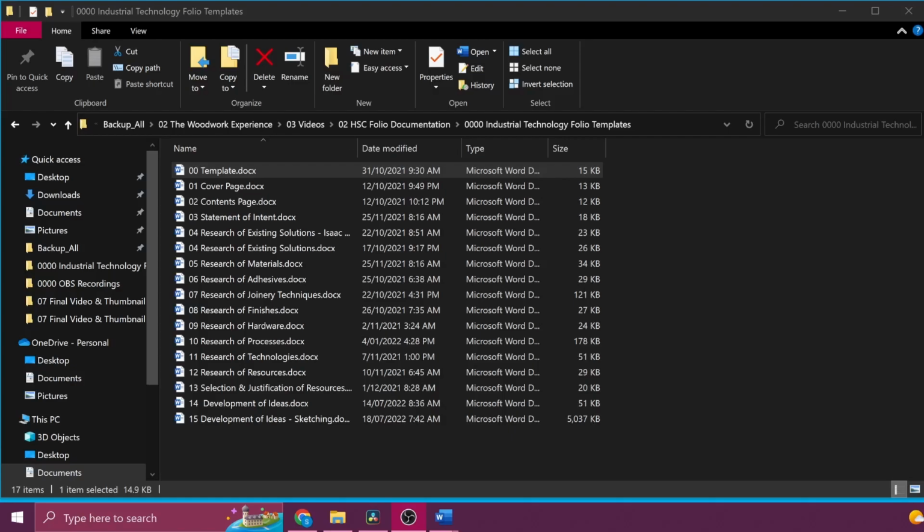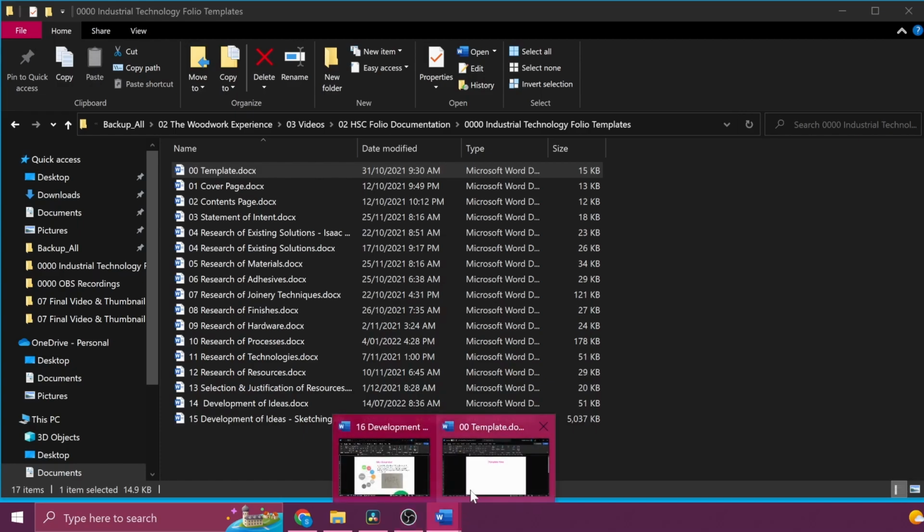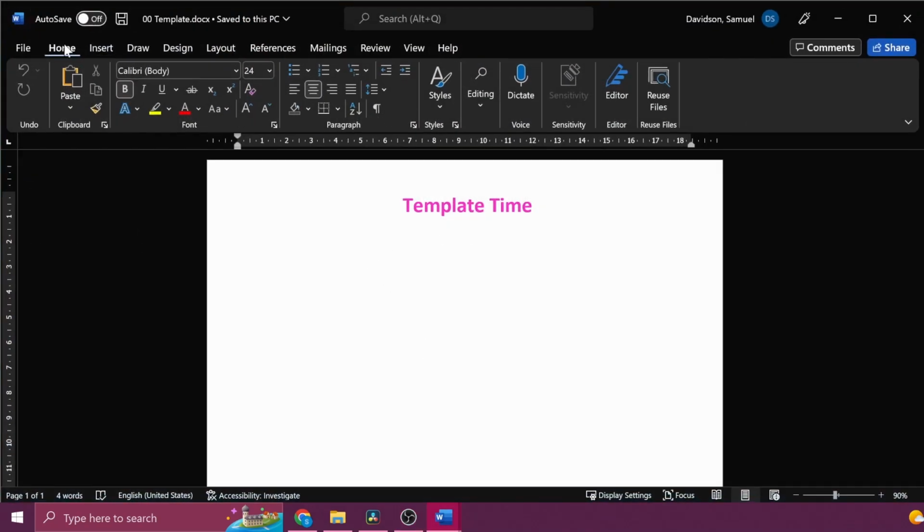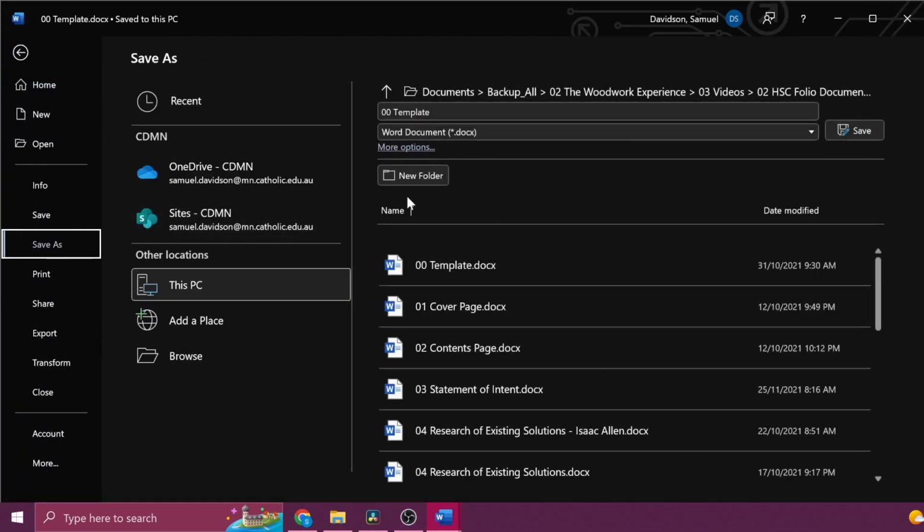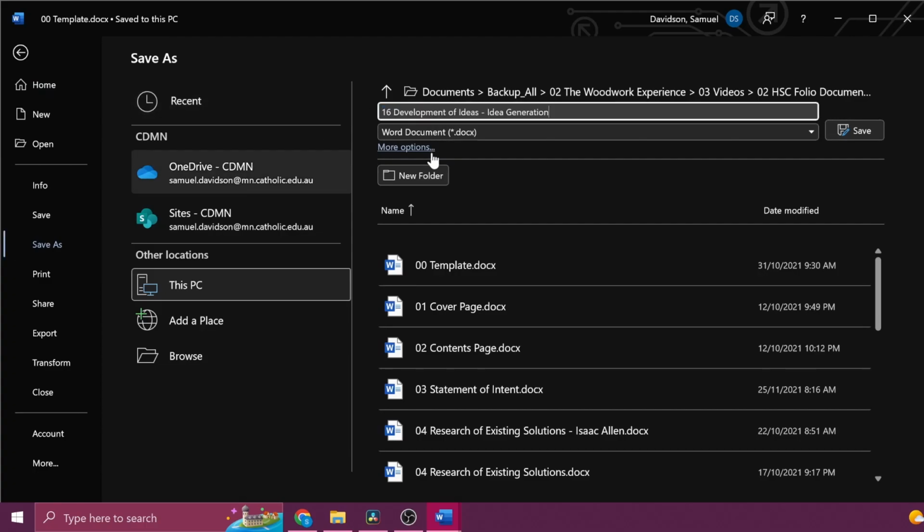Welcome back to the Woodwork Experience, and today we're looking at the idea generation section of the development of ideas. Now, to begin this, let's just crack open that template file, and from here, let's go File, Save As, or it might be Save a Copy for you, and put in the heading 16 Development of Ideas,